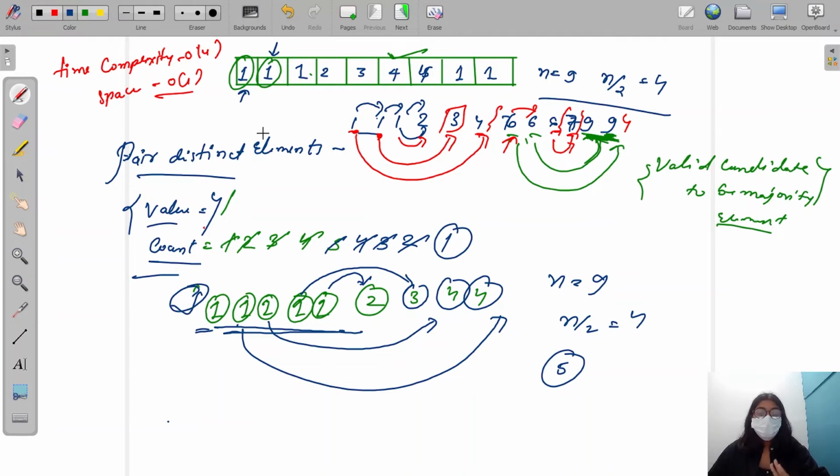Then I check if it matches my value, I'm going to increase the count, and if it does not match my value, then I'm going to map my value to that element and decrease my count by 1. And when my count becomes equal to 0, it means no elements remain unpaired. Then I'm going to assign that element at index I to my value, and then check for another pair of that value also. All right, I hope I was able to make it clear to you.